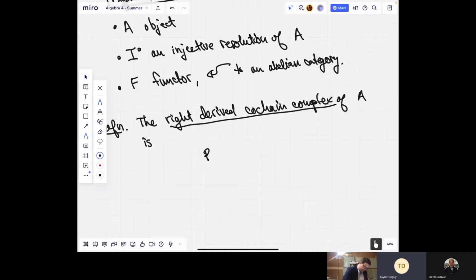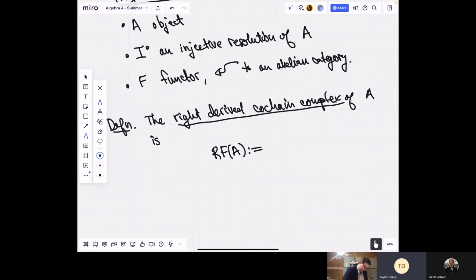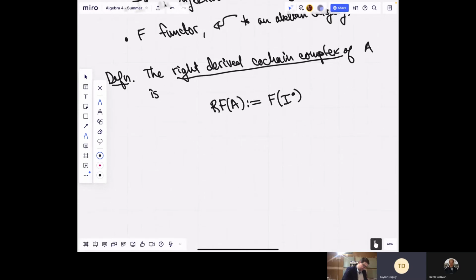So we're going to do RF of A. And it's going to be defined to be the chain complex where you just take F and you apply it to I. So in other words,